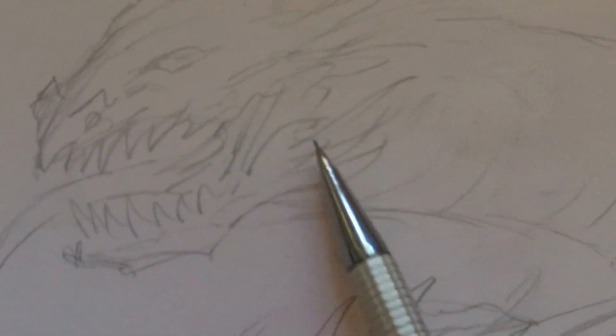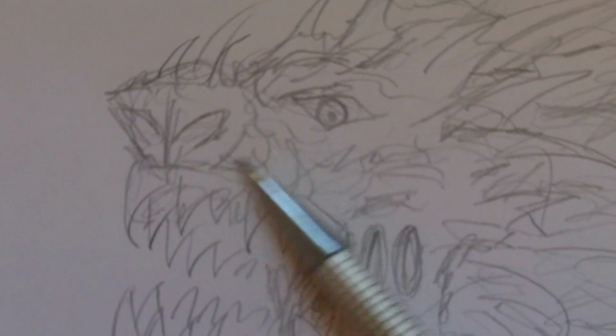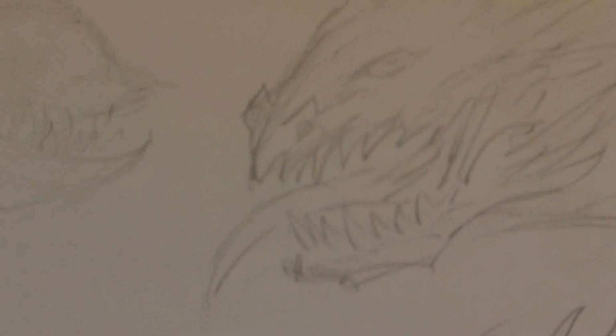I still do like that design, but I always like drawing serpent creatures anyway. Not sure about the nose though. I'd probably have to reduce that, but I like the depth of that simple sketch. But then I do like something like that as well, so it's only that one I'm not too sure about. Looks like a Little Shop of Horrors type thing there, but yeah, so that's been some sketches and concepts for a